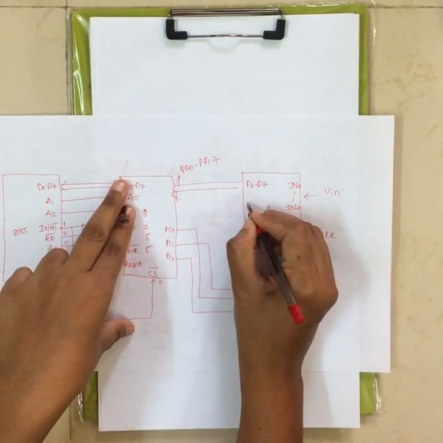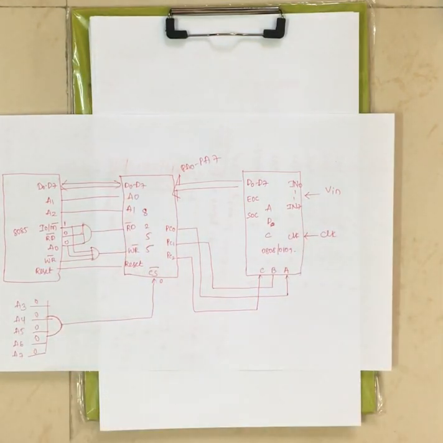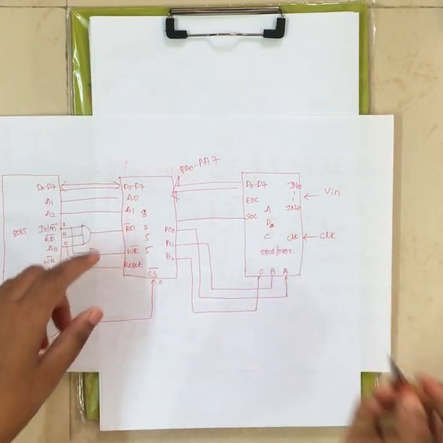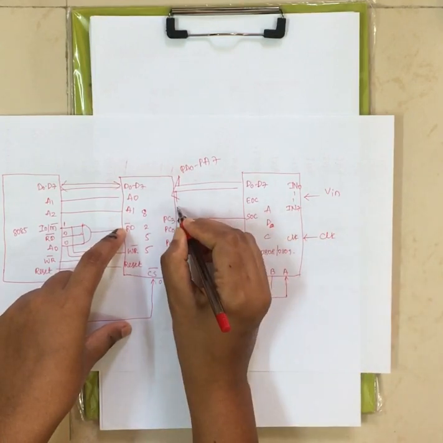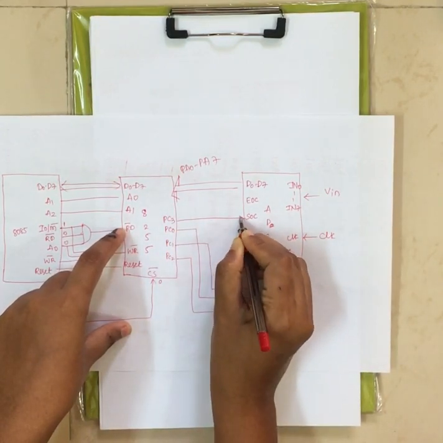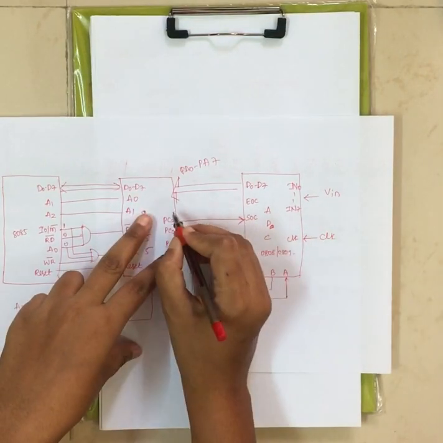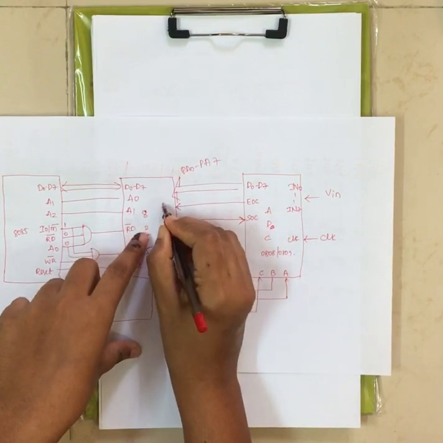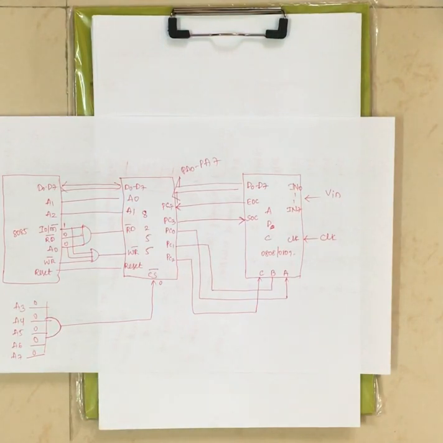Now you have end of conversion, and start of conversion, which is the start of ADC. We provide start of conversion through PC3. We give this signal to the ADC in order to start converting the analog signal to a digital signal. Once that conversion is completed, it will generate a signal to 8255, which is connected to PC7.